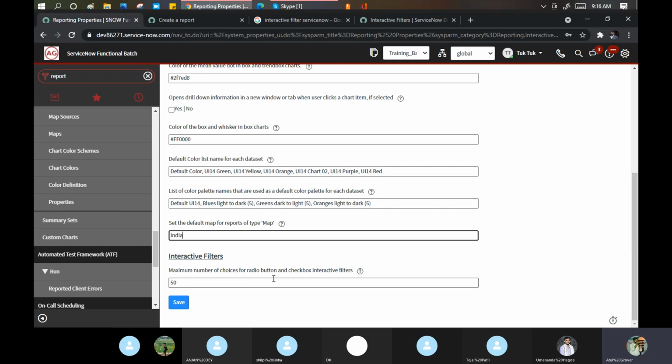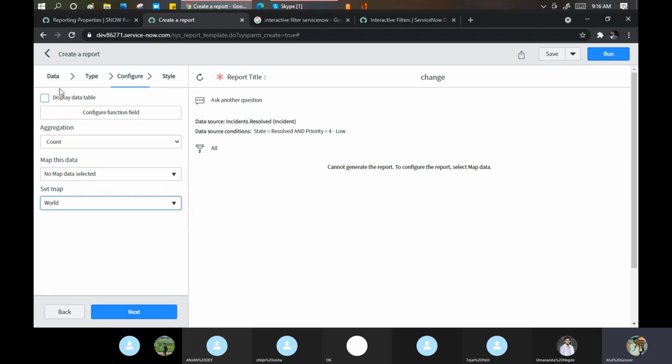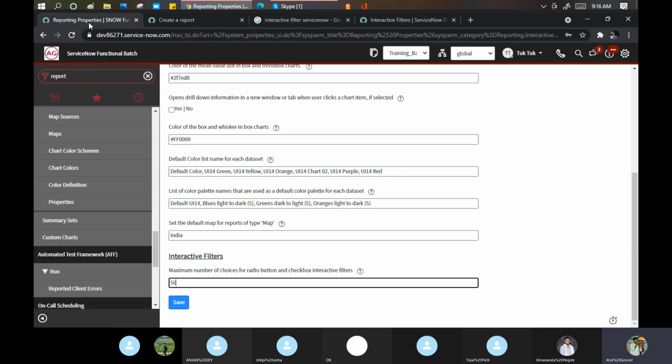Interactive filter you can choose on the radio button. 50 filters you can pick up. It means these conditions you can pick up, 50 of these conditions which you can put. Basically, interactive filter from this side, how you want to display the data here. Okay. So in this way, you can utilize your reporting and the dashboard. Reporting and dashboard is a must for your customers. And it is good for you to understand how you can sell that to your customer as a value add. Any question, any doubt till this point?